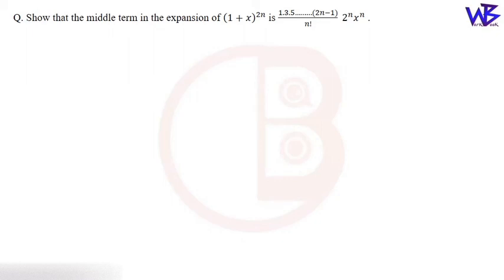The question says, show that the middle term in the expansion of (1 + x)^(2n) is [1 × 3 × 5 × ... × (2n − 1)] / n! multiplied by 2^n x^n. So, given here is the expression (1 + x)^(2n), and we have to prove